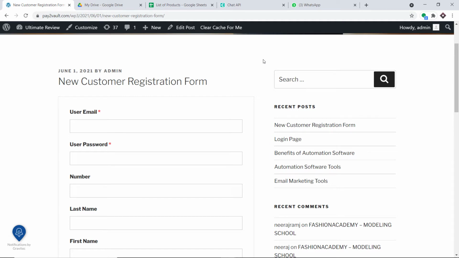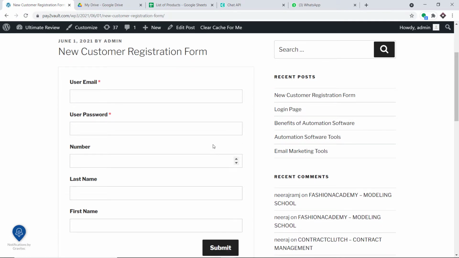Hello everyone. So in this video, we will learn how to automatically send a Google Sheets file as an attachment on WhatsApp to a new WooCommerce customer. Basically, the idea is that if a person registers to my WooCommerce store, the same person will be getting a message from me on his WhatsApp number containing the link of a Google Sheet that I'm going to send from my Google Drive.